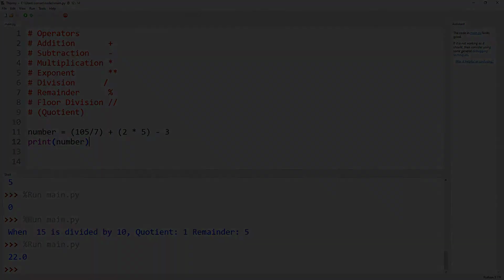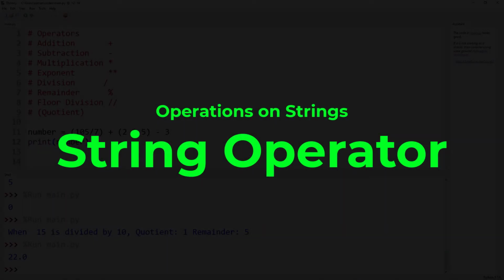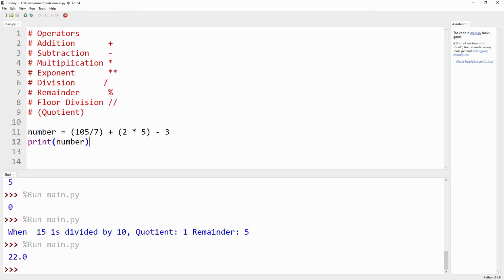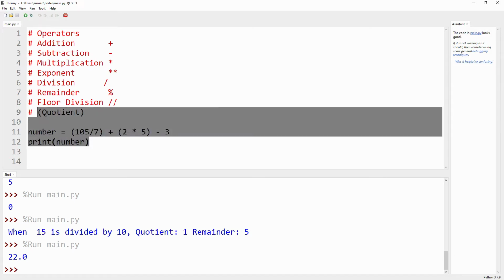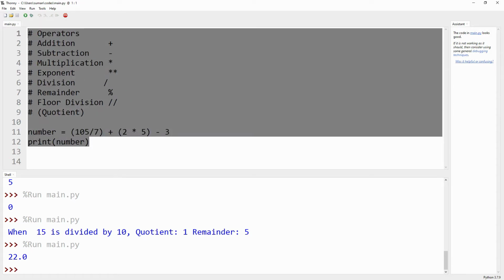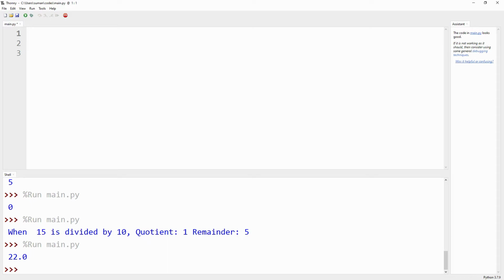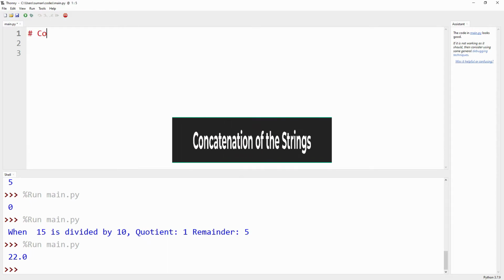Now we should do some operations on the strings. So we are deleting all the codes here, or all the statements. So the first one is known as the concatenation.